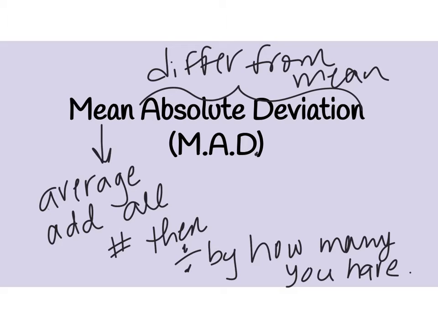Evidently, they take all of the differences, the errors that can occur, because when things are varying, you have something called error in statistics, and they use mean absolute deviation to kind of define that. So what it's going to do is tell me how much my data varies from the mean. Okay, so it's kind of like range. When you did range, you found the range of a set of data.